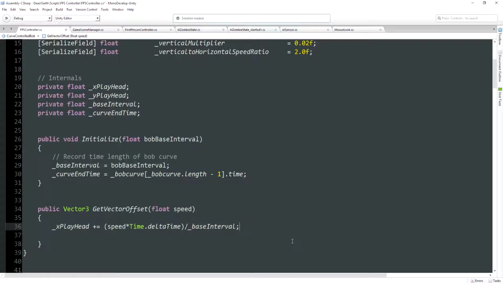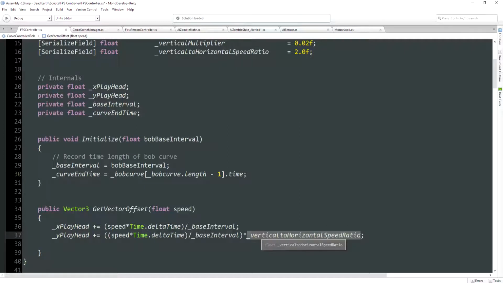Next, we want to do exactly the same to the Y playhead. So as you can see, we add on to its speed times time.deltaTime divided by base interval. But we then do an additional multiply to multiply it by that vertical to horizontal speed ratio. Remember, this is our way of describing how fast the Y playhead should move compared to the X playhead. And you're reminded that we currently set this to 2, okay? So our Y playhead, which is ultimately going to be responsible for evaluating the speed at which our head bobs up and down, is going to move along the horizontal axis of the curve twice as quickly as the X